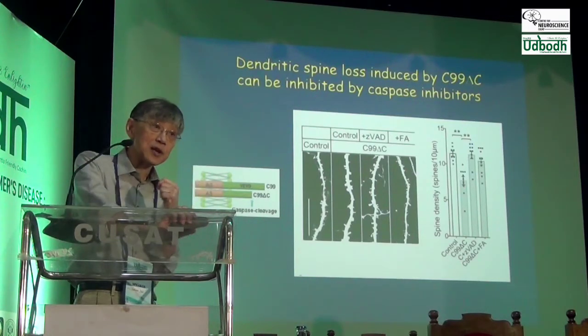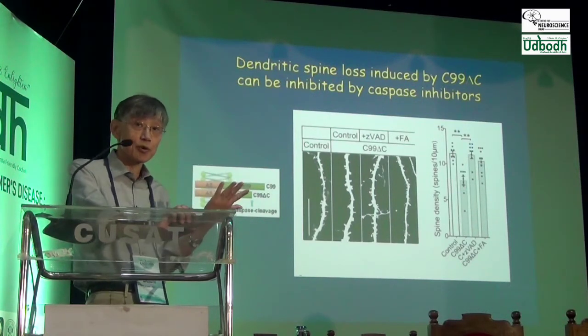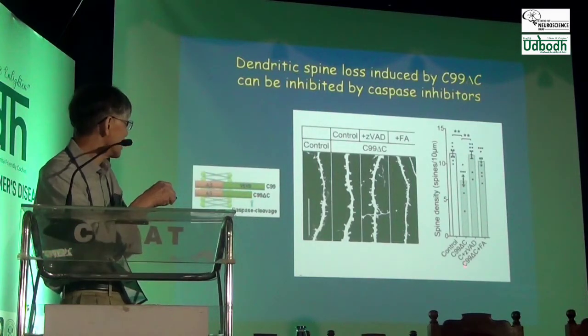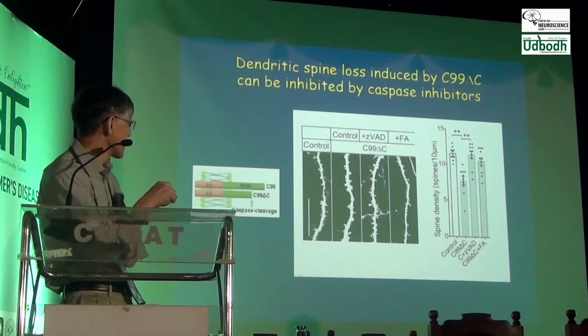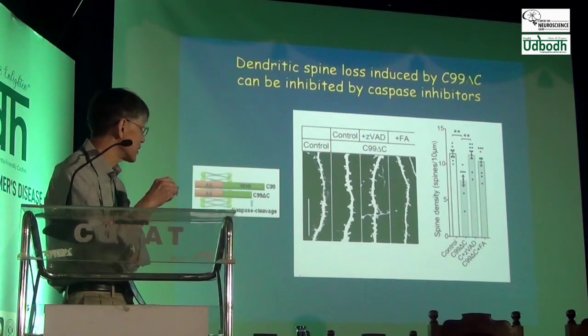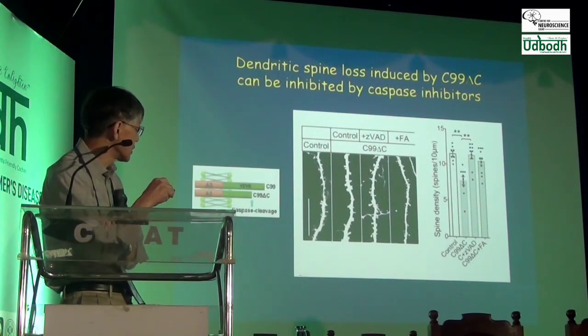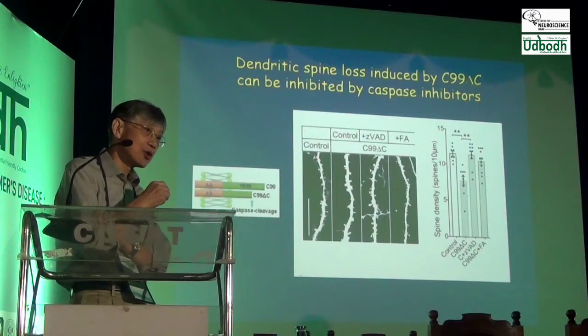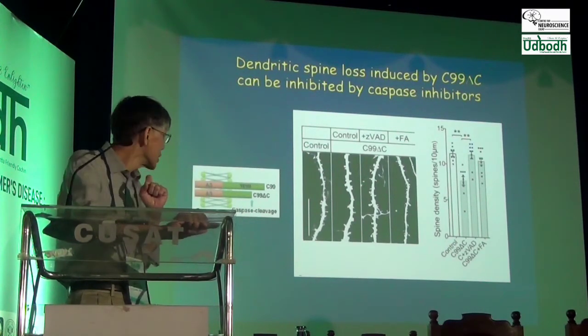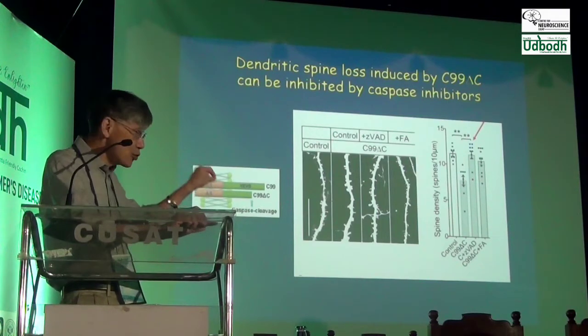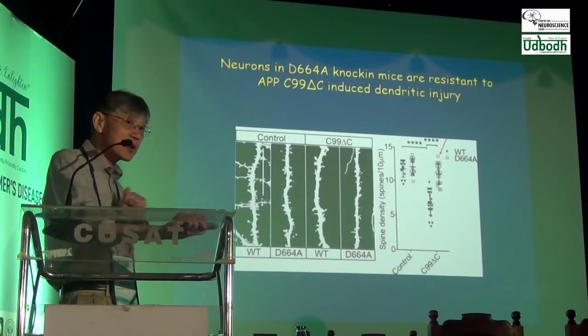So there are other ways to inhibit caspase, which is to just use inhibitors. And when you do that with ZFAD, oh, the light just went out, but I can see it. You can still see the screen. If you add ZFAD, which is a pan-caspase inhibitor, then the dendritic spine loss went away. So we now show that there's a caspase-dependent step, but instead of using a caspase inhibitor, we look at the